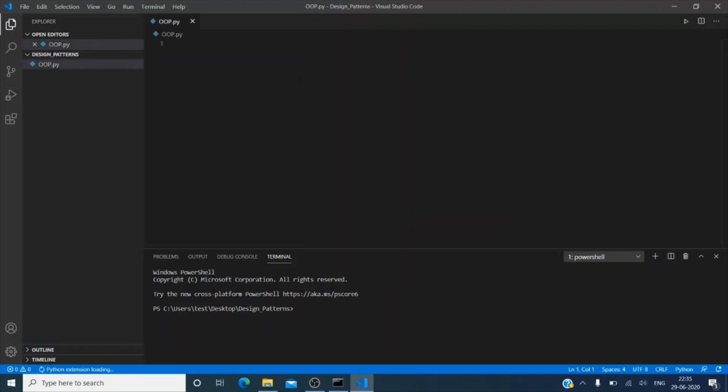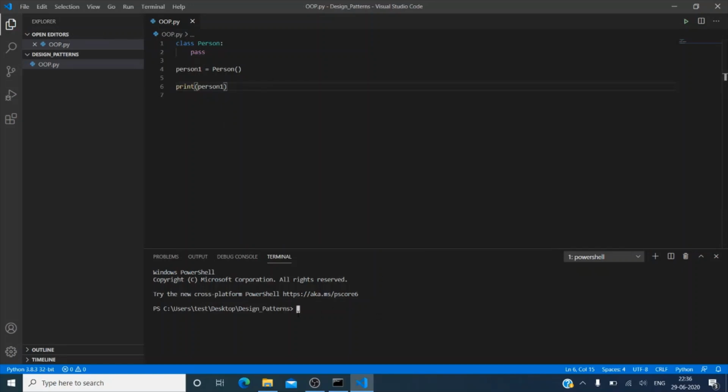Here, let me start by creating a class person. For now let me create an empty class. In Python, we cannot just write an empty class and skip it. We have to specify the pass keyword to mention that the class is empty. Now let me create an object of person by instantiating it. This will create an object, and if I print person1, we can see an address associated with it.